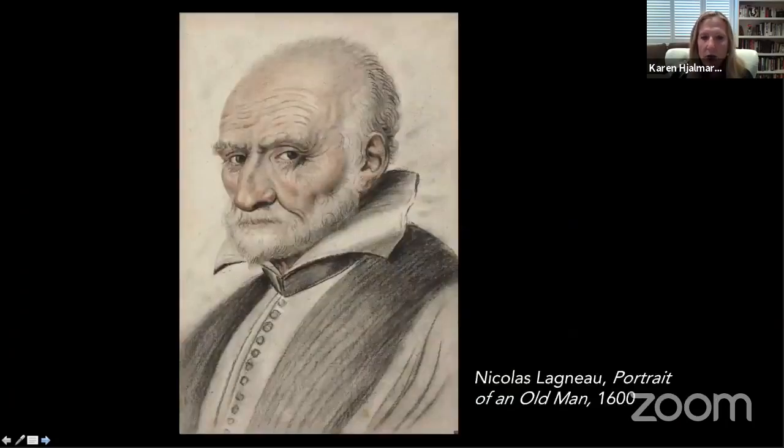Now, we just have a couple more paintings, and we only have about 5 minutes, so I do want to go on. Lorrain was basically an illustrator, meaning he didn't really do paintings, he did drawings. And this portrait of an old man was really remarkable